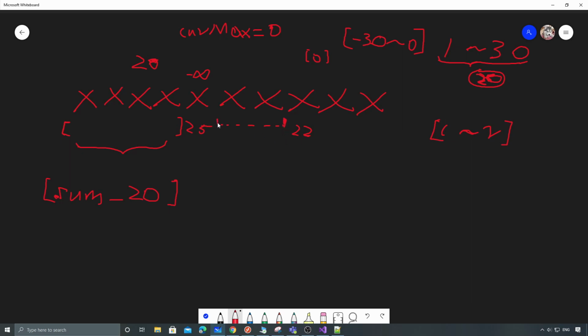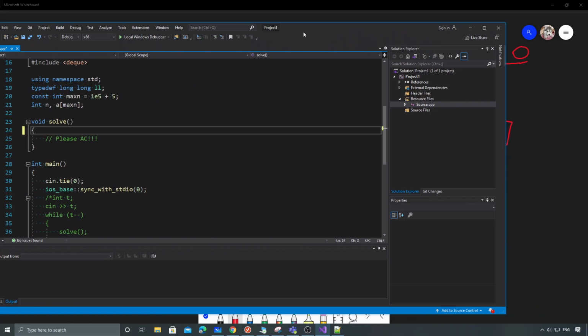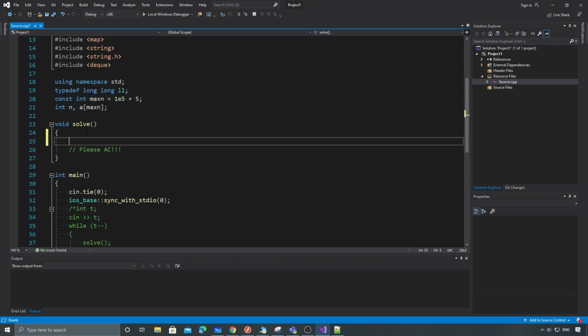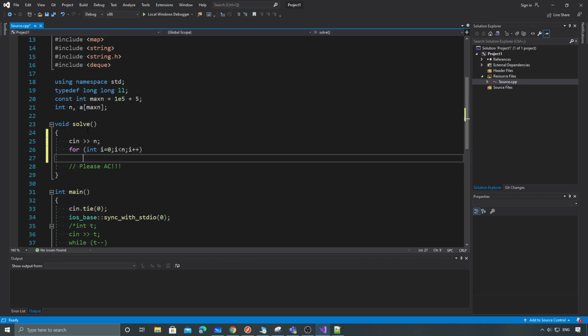Yeah, and within that array here, we use the Kadane algorithm to calculate that. Cool. I think we can start coding here. So we have this one here. I think we have already defined everything here. So first, we read the n here, and then we also read each number, for i from 0, i smaller than n, i plus plus, and then cin